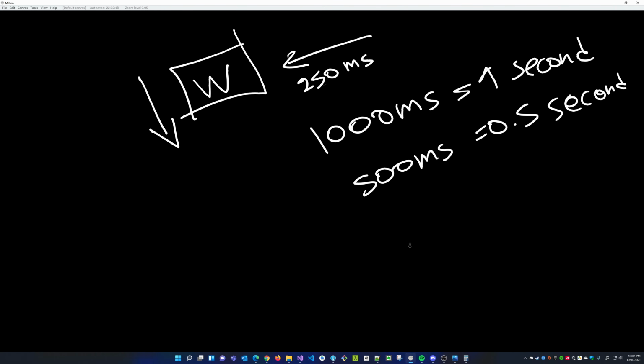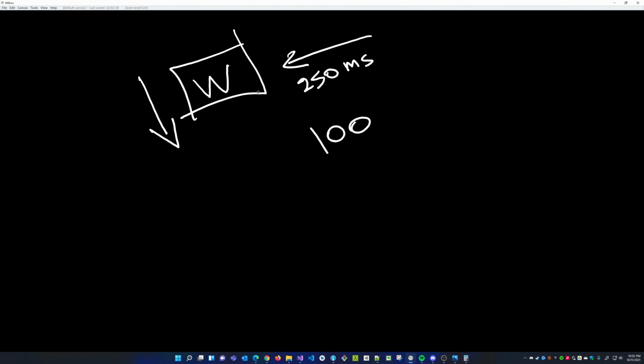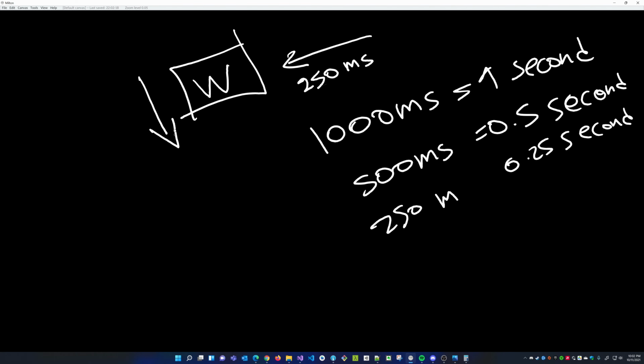Right? A quarter of a second, so 0.25 seconds, is 250 milliseconds. The first time you press the key, it registers as a key press.